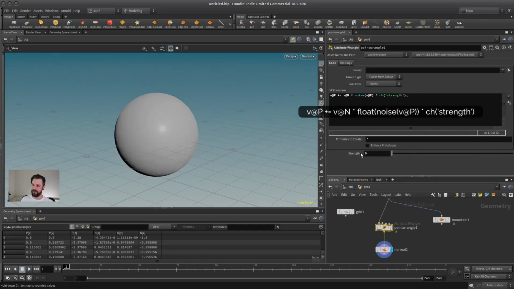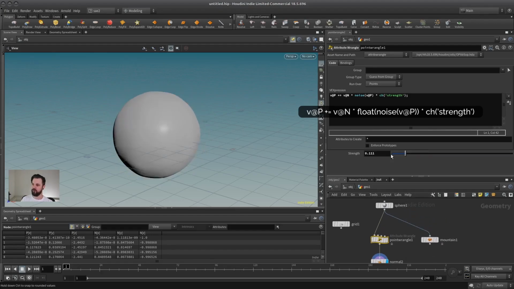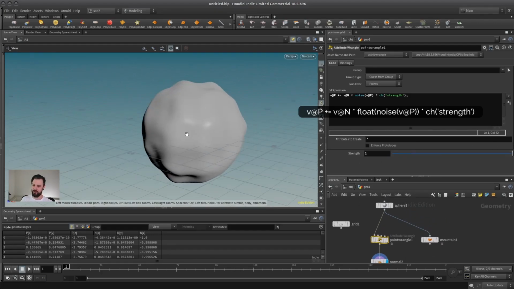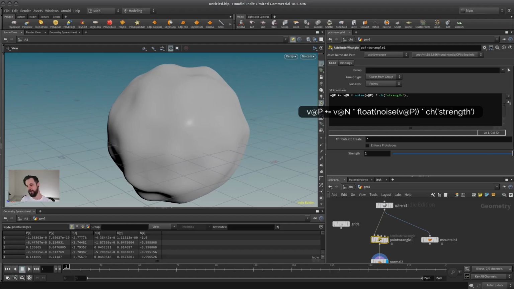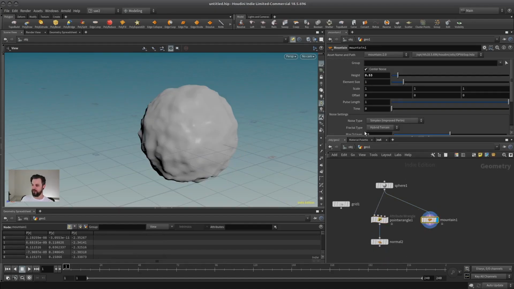So as you can see, this is actually what a deformer is doing. It pushes points in the direction of the normal by a certain amount, and in this case by the amount of a noise. Another thing that is interesting, which is also built into the mountain, is that if we move up the height,